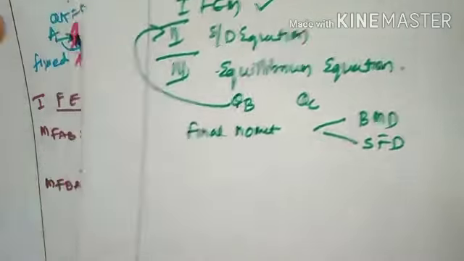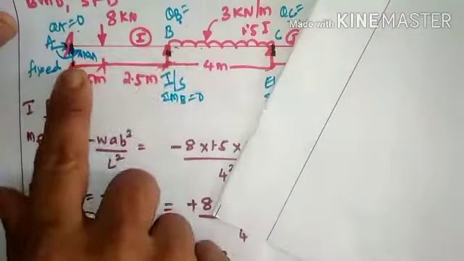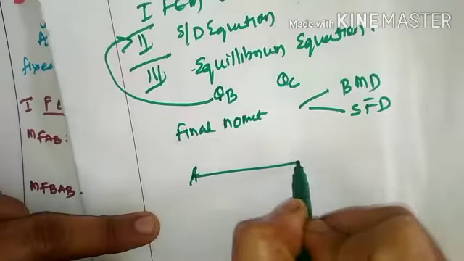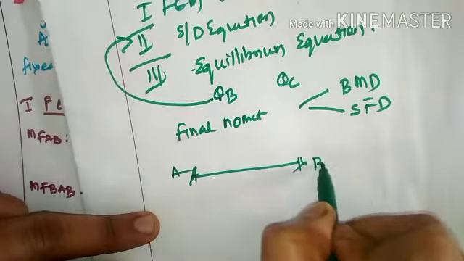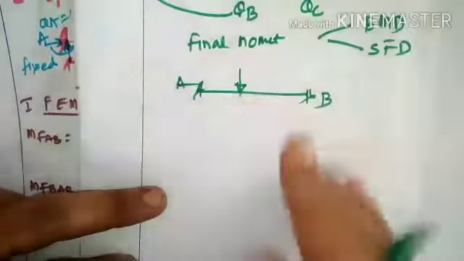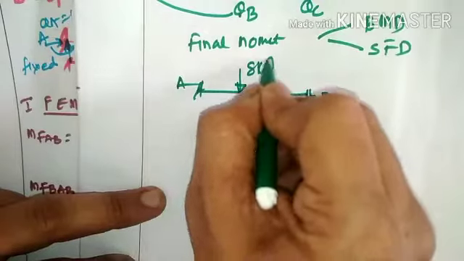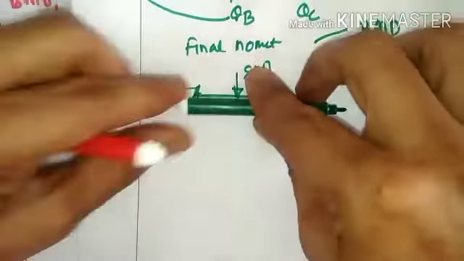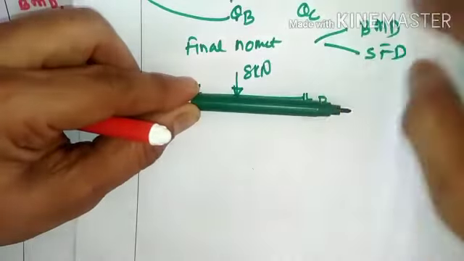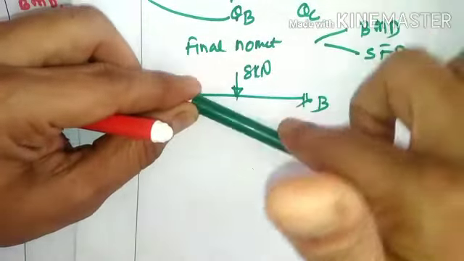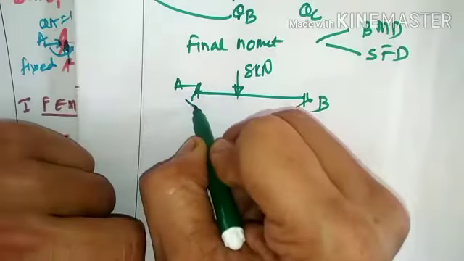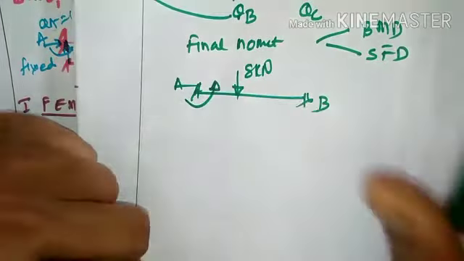Now to start with here, you have support A and you have support B. So you will be considering A to be fixed and B to be fixed. A and B both are fixed and it has been subjected to a point load. And the magnitude of the point load is 8 kilonewton. Now what will happen here is 8 kilonewton is placed on the top fiber. If I hold A, then release support B, 8 kilonewton will try to rotate in clockwise direction. As a result, A will offer a rotation in the anti-clockwise direction.